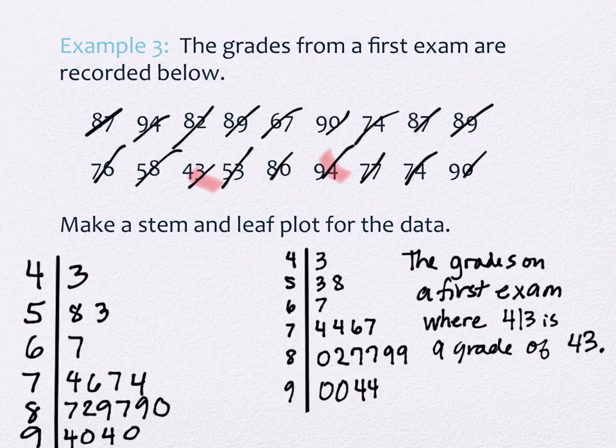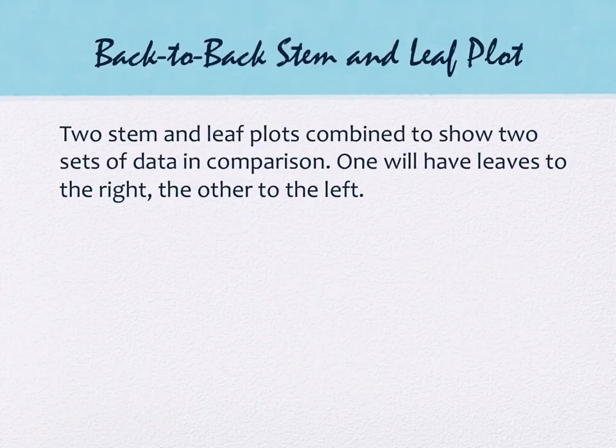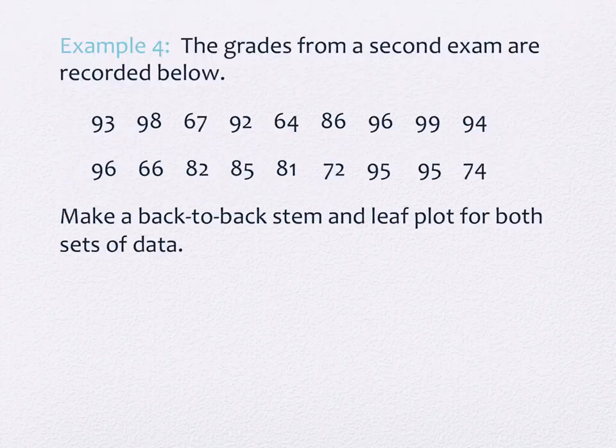Okay, so the next one is actually called a back-to-back stem and leaf plot. So it is a stem and leaf plot, but what it does is it takes 2 stem and leaf plots and combines them, and it's used to show data sets in comparison. So one of them is going to have leaves out to the right, like the one we just did, one of the 2 data sets. The other one is going to have its leaves going to the left. Okay? So for starters, let's draw the stem and leaf plot for this data set